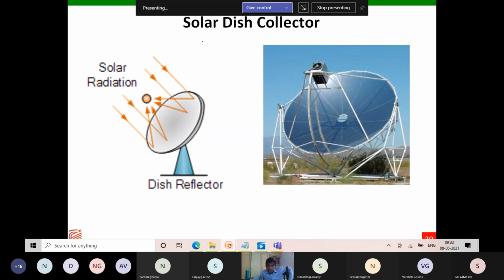We are directly getting the sun's energy onto this dish, and it is getting focused here. It is coming and hitting here, and it gets reflected back, focused and concentrated. This technology is utilized in heating the water or the space. So if you have a lot of collectors together, then it is called a solar farm.